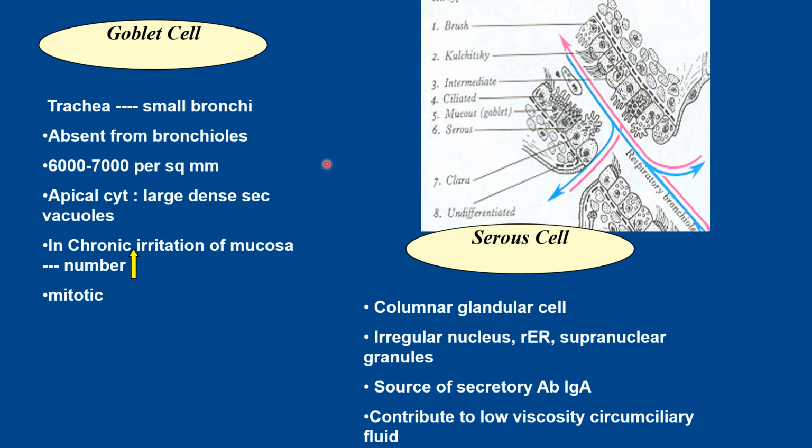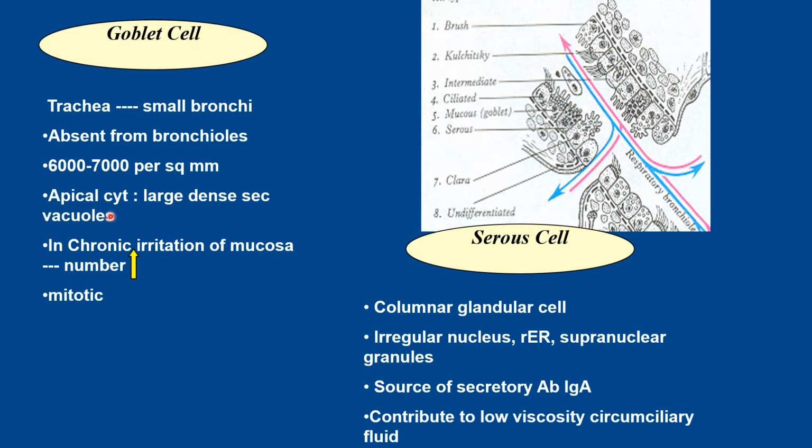The goblet cells are the second type of cells. They are present in the trachea and small bronchi. They are absent from the bronchioles. Actually, in the bronchiole, a lot of changes happen. Up to the small bronchi there are goblet cells, but in the smaller divisions, that is the bronchioles, goblet cells are absent. The goblet cells are 6,000 to 7,000 per square millimeter of bronchus,